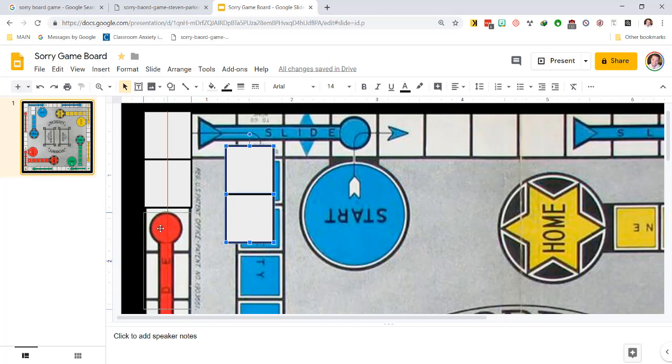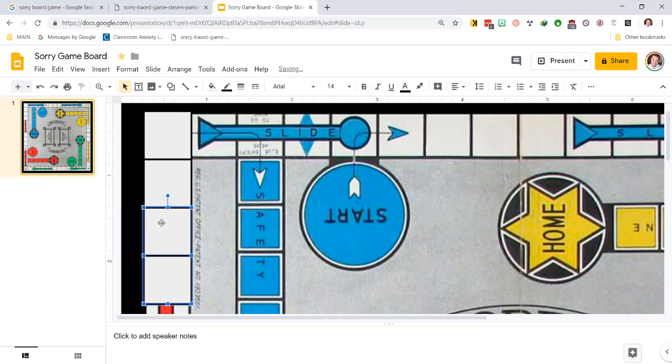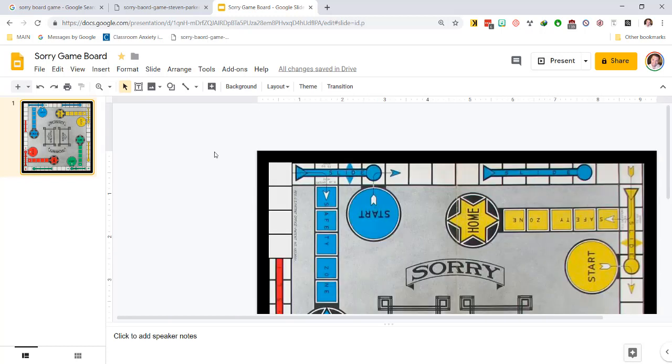Now one thing you may notice too is that our squares are starting to move past the squares. So like my 4th square seems like it's a little bit bigger than the 4th square of my background, and that's okay. We're going to fix that later. Now let's go ahead and zoom out just ever so slightly. I'm going to Control-Alt-minus key, zoom out just a little bit, bring my slider down,